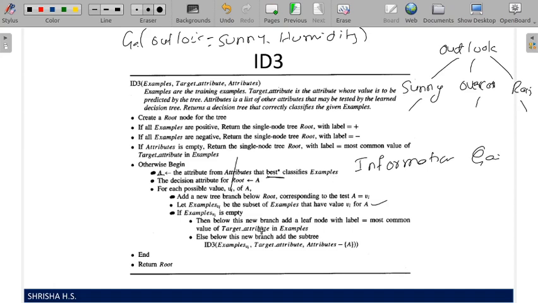The target attribute values are yes and no in our table. If outlook equals overcast, then everything is yes.